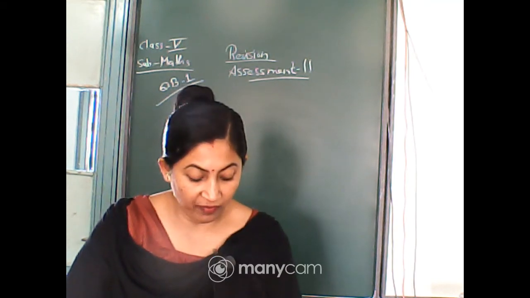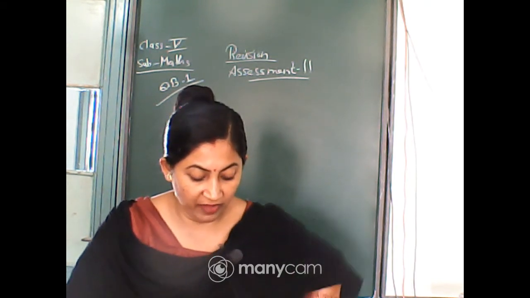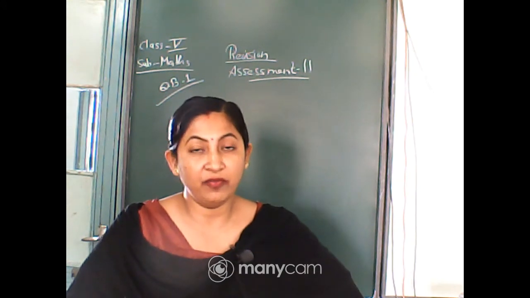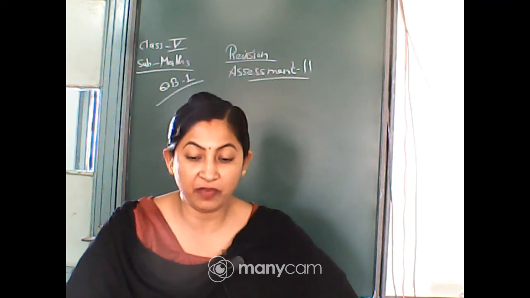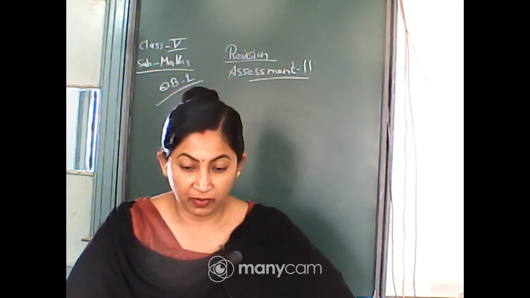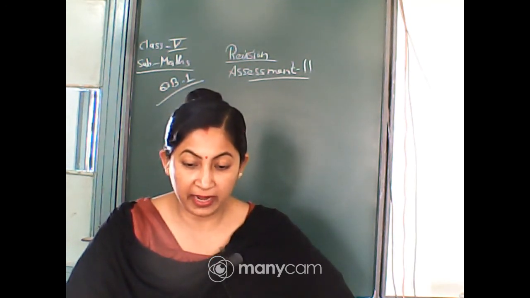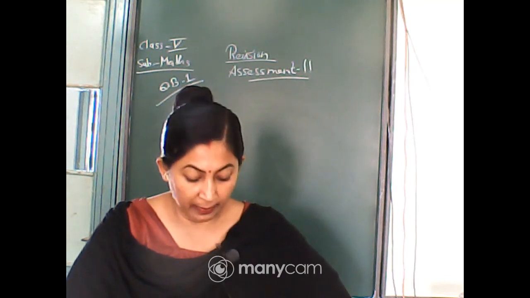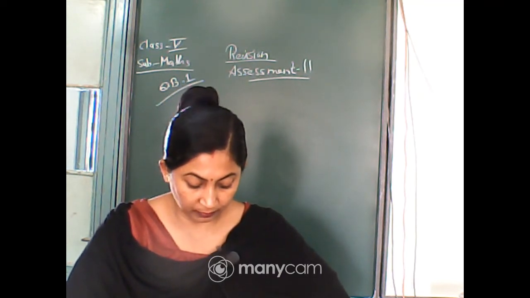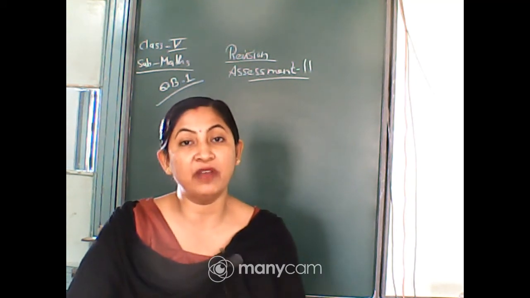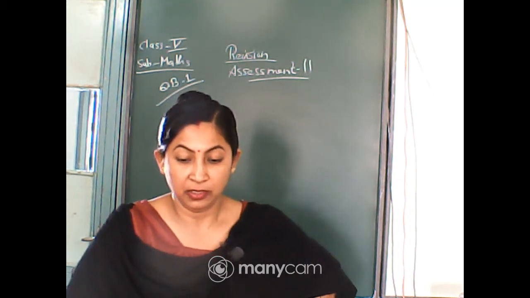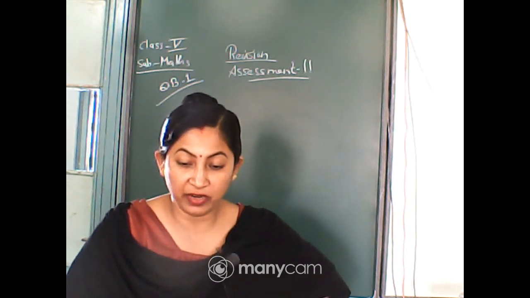So, for 24 eggs, what will be the weight? For one egg, the weight is 65 gram. So, for 24 eggs, what will be the weight? Just multiply and find it out. The answers are given in kgs. That means you have to convert from gram to kg. So, you will divide by 1000 to convert from gram.